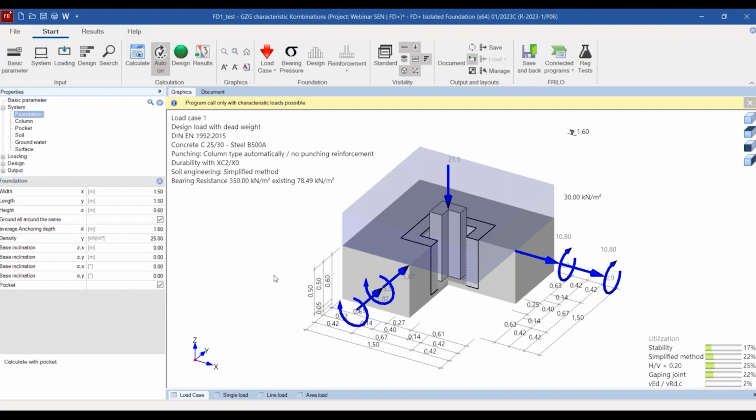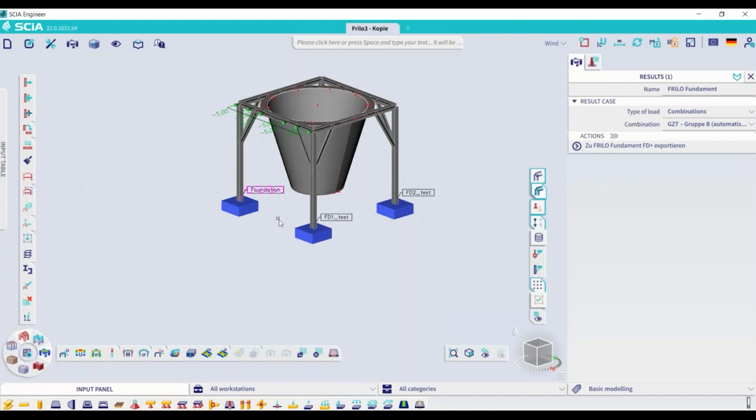Well, so that's it from my side, showing the link between SCIA Engineer and the FRILO Foundation module, how to hand over the loads. So just to summarize a bit,